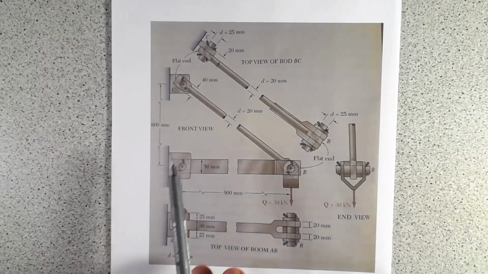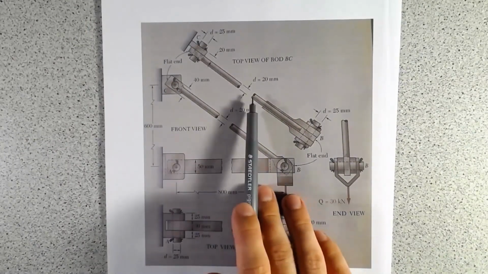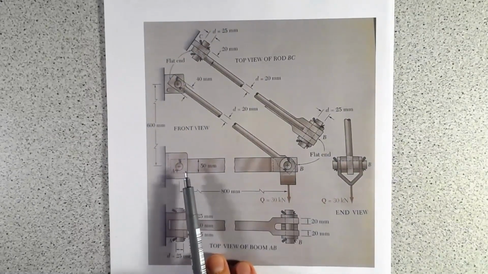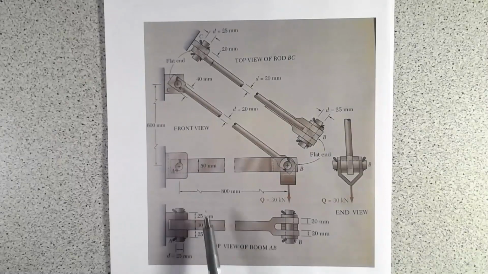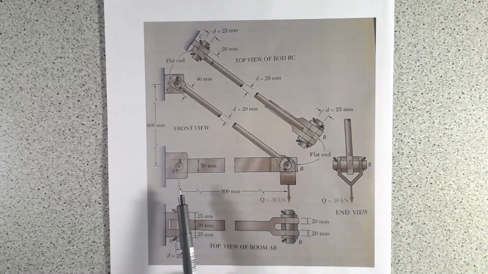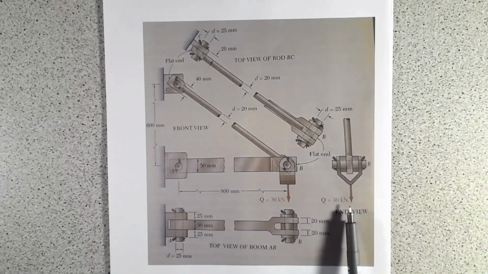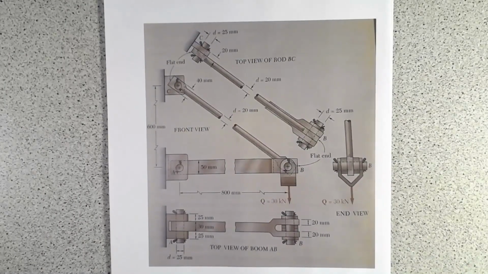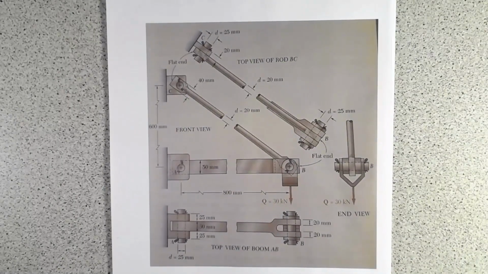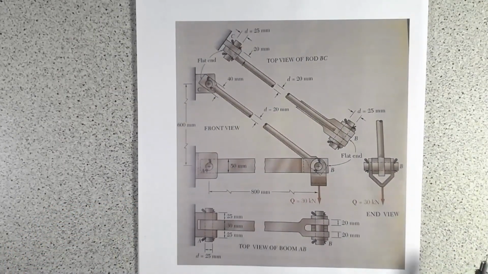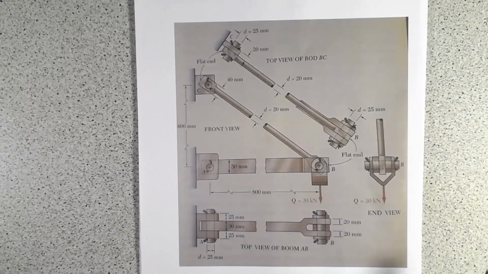So this is our structure that we're going to start with. It's a relatively simple structure. It's got this rod, which has a 20 millimeter diameter bar, and this boom, which is made out of this rectangular bar with this little clevis bit on the end. There are 25 millimeter pins connecting all of them. Then there's this little loading yoke down here at the end, which has a 30 kilonewton load getting pulled down on it. So we're going to walk through and determine what the